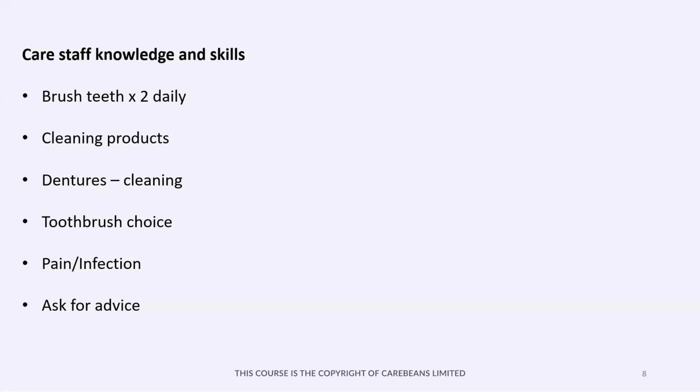So when we're looking at what we need to be doing to support someone with mouth care, it's good practice for someone to brush their teeth daily. Natural teeth need to be cleaned at least twice daily, and fluoride toothpaste is best to keep natural teeth clean. Cleaning products are important for dentures, so it's important to ascertain what their choice of cleaning products is for their dentures, or to recommend cleaning products that you may use